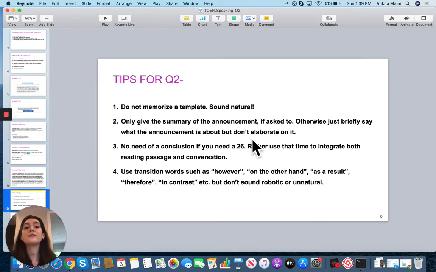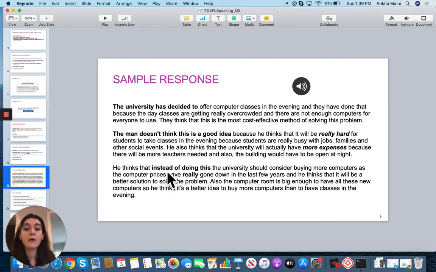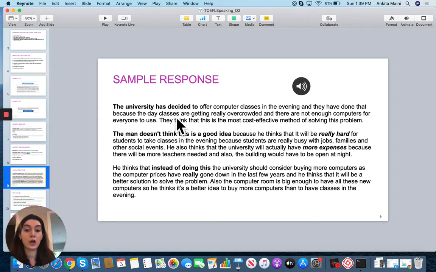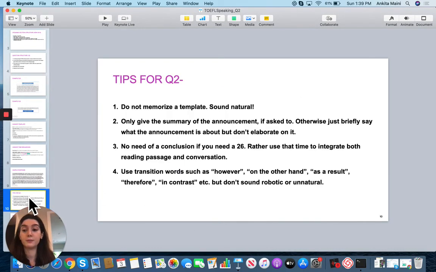Right? So you don't have to necessarily go into the university's reasons in the beginning. But remember the last part, this part of combining the two sources of information, you still want to do that. Okay? So this tip number 2 really only applies to this introduction. You still have to do this part. You still have to do this third paragraph at the end.